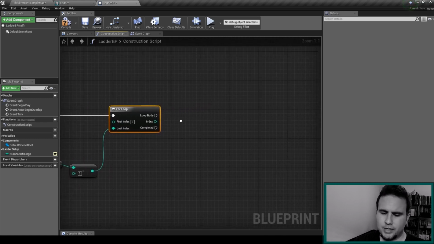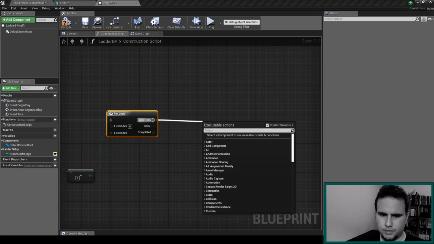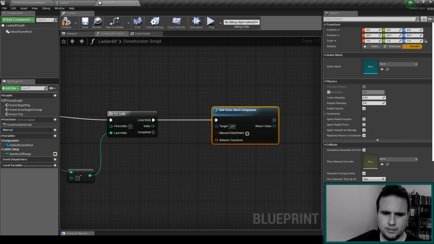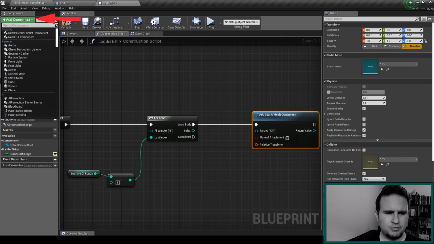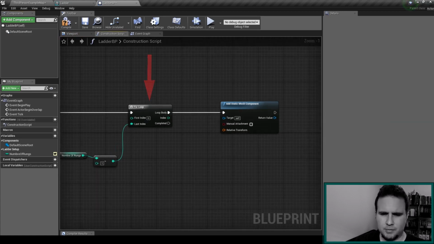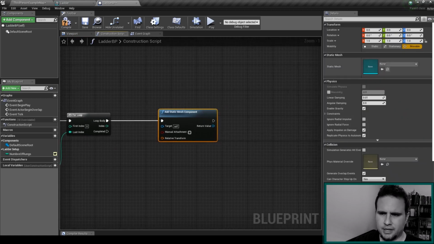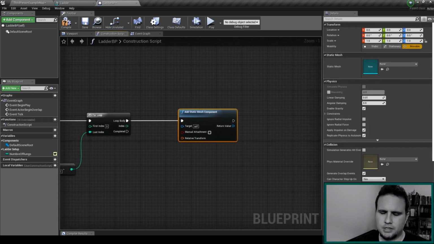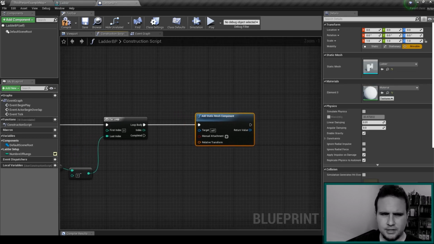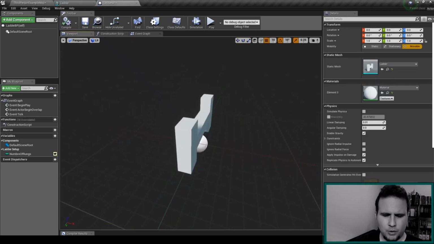And what we're going to do is really, really simple. We're going to call the node add static mesh component. This is going to add procedurally, okay, this kind of thing. If I'm going to left click here and going to go to static mesh, it's the same thing. It's just adding this without me clicking, okay, this number of times, right? And when I click on the node, I can actually select which mesh it's going to add. So here under static mesh, I can click here and type ladder to find my mesh, right? And I can hit compile, and we already see here,